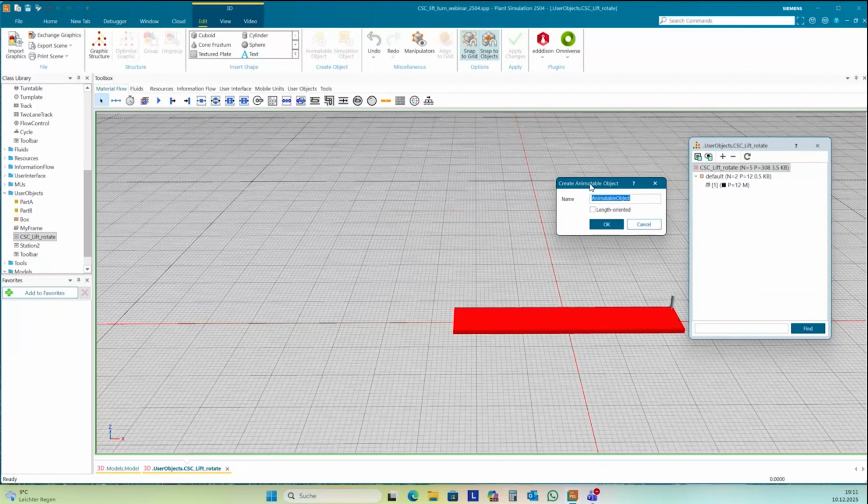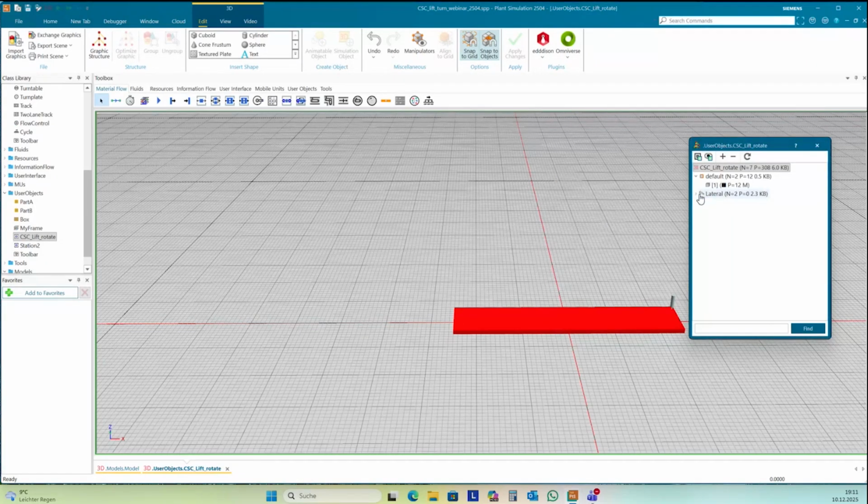You need to give a name here, and the first should be lateral. And you see it has a small symbol like a robot arm. This is the symbol of an animatable object.